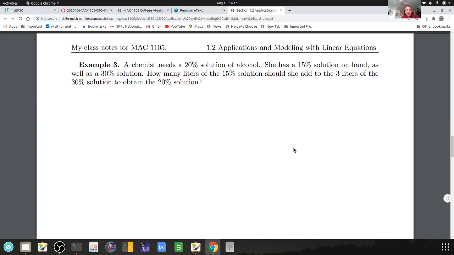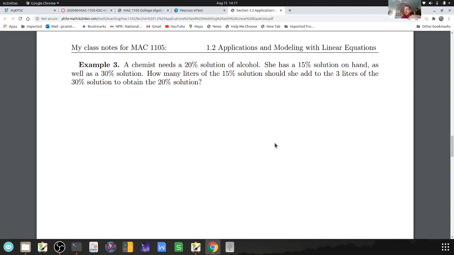So a chemist needs a 20% solution of alcohol. She has a 15% solution on hand, as well as a 30% solution. If she mixes the 15% solution into the 30% solution, that's going to dilute the 30% solution because it's weaker. If she takes the 30% solution and puts it into the 15% solution, she's going to increase the strength, the opposite of dilute. So how many liters of the 15% solution should she add to the 3 liters, which